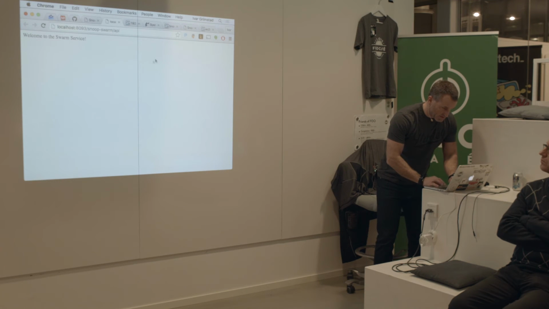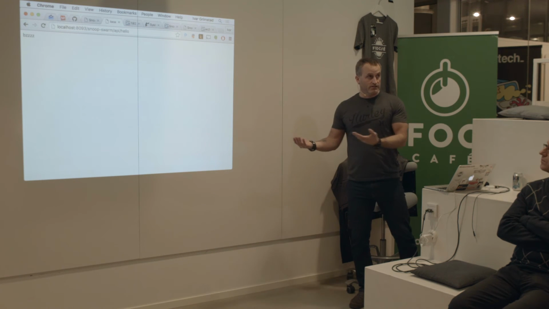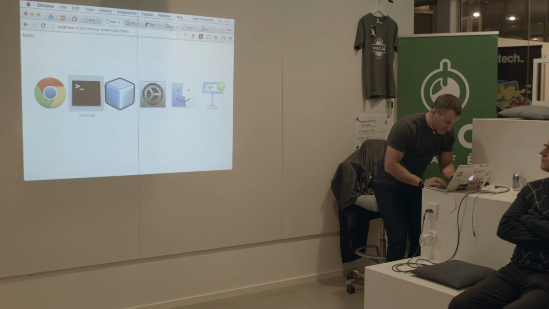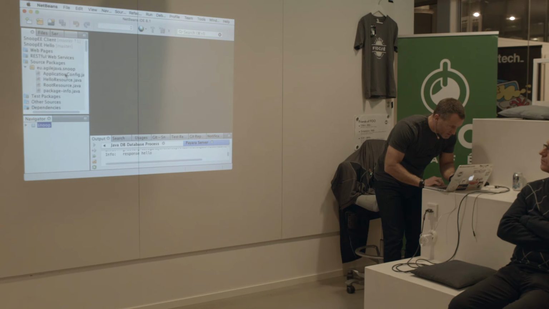And the swarm service says, bzz. But we want to call this from our application, right? And then we need to go back, and now we actually need to redeploy, because now we're doing code changes here. Let's close everything and go into the,